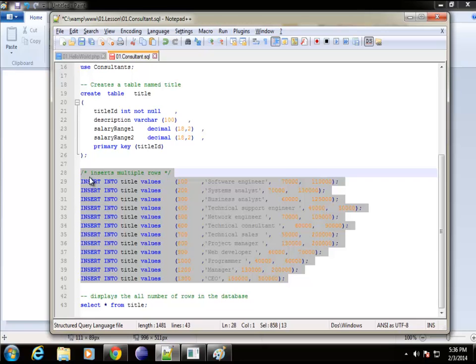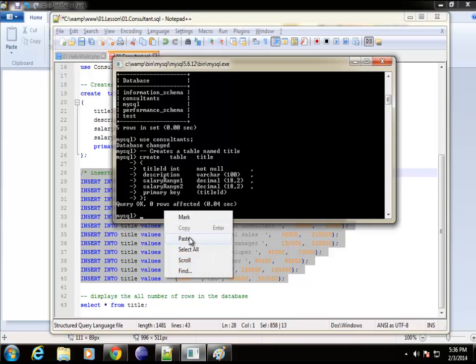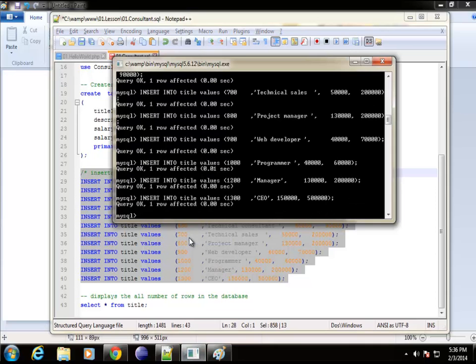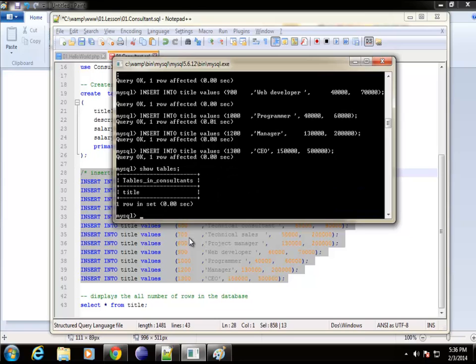And again, I have an example of a comment, but this comment can span multiple lines as long as it ends in asterisk and the slash here. Let's paste it, hit enter. Let's type in show tables,